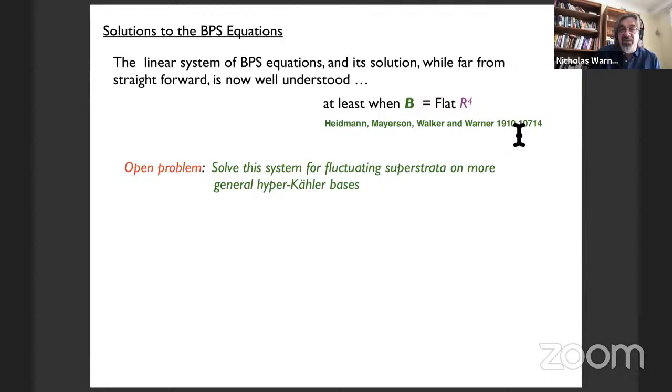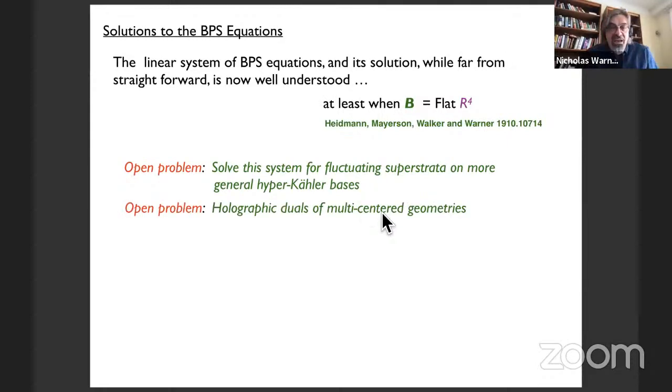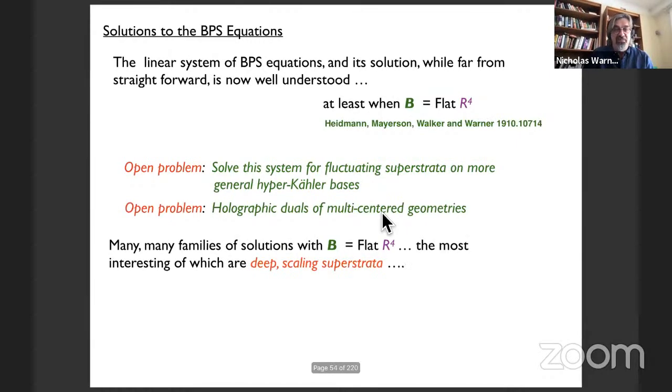In fact, that's a huge number of microstate geometries, but superstrata on non-hyperkähler bases is unsolved. And I keep saying this, it's like my Carthago delenda est essay. The holographic jewels of multi-centered geometries are actually not understood. Okay, suffice it to say, we now have many, many families with B being flat R4, and the most interesting